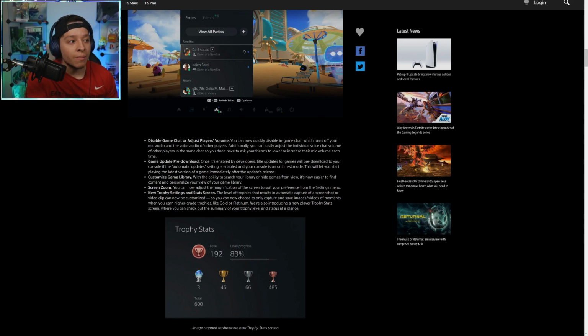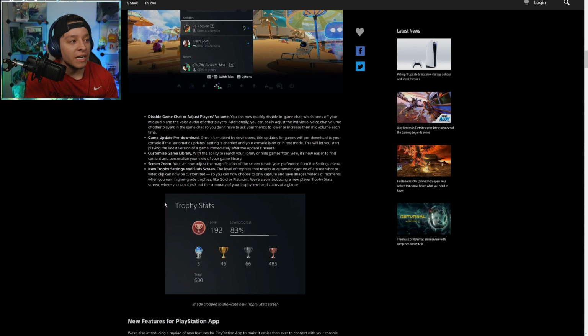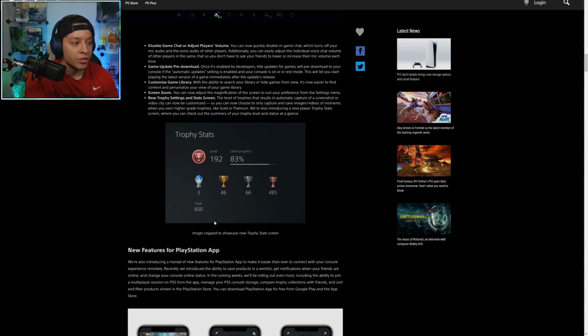Screen zoom: you can now adjust the magnification of the screen to suit your preference from the settings menu. A new trophy setting and stat screen, and they give an image right here to showcase it. I like it. Looks good. I mean, there's not too much about it. I can read it. It says the level of trophies